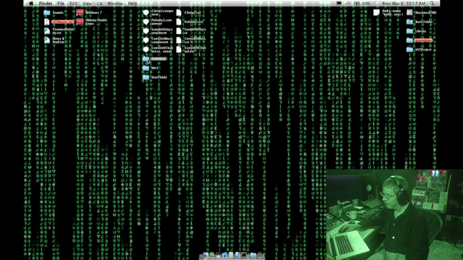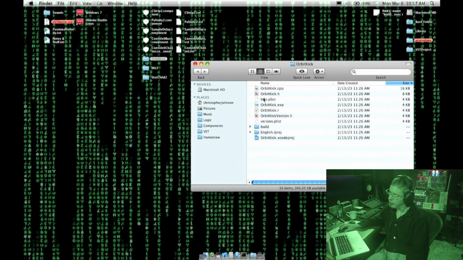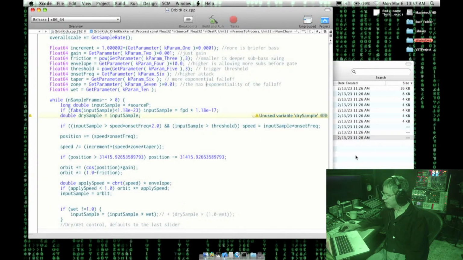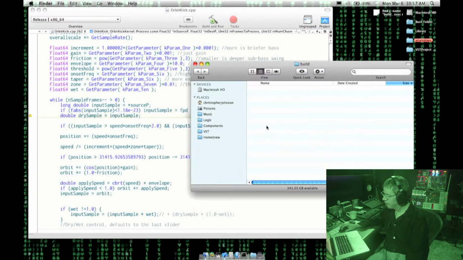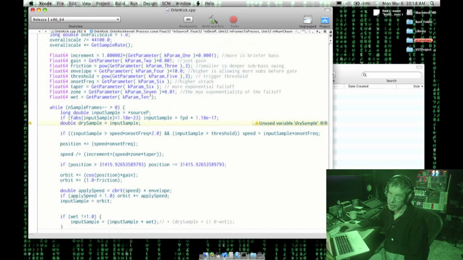But that aside, let me jump into Orbit Kick, that being the thing that I was going to be doing today. We're going to get back into our design here and get ready to do some versions of things. Looks like I have it set up to, I'm probably going to do the same thing that I was doing with the reverb of